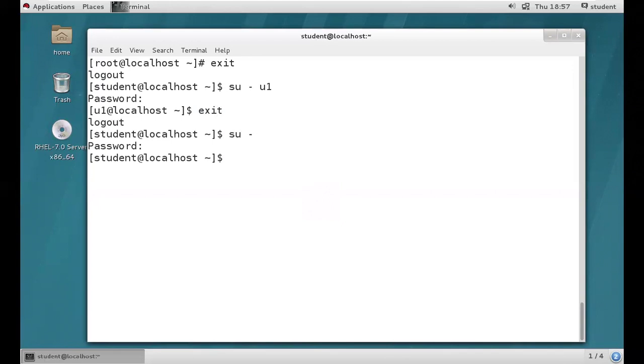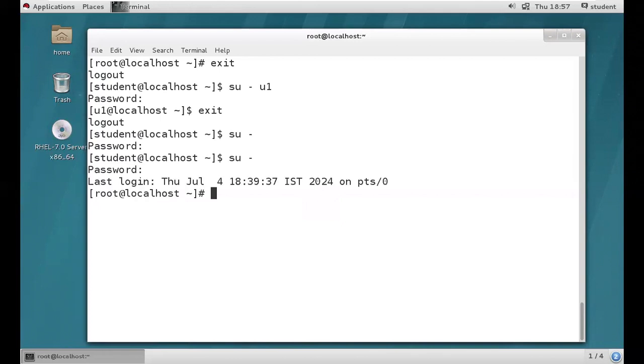Exit. Log in as the root user. chage is a command, hyphen small d is the option, 0 days for u1. So we are providing 0 days. We are not considering this password from today onwards. At 0 days, when he logs in, automatically it is going to assign the date. Let's see here. Now let's check chage -l u1. See what happens.